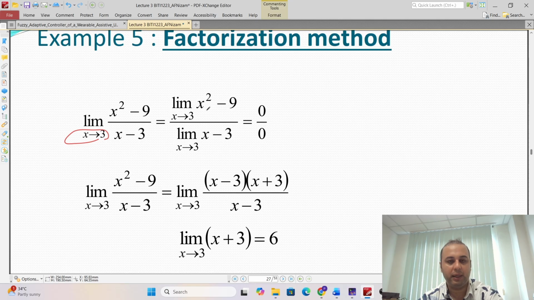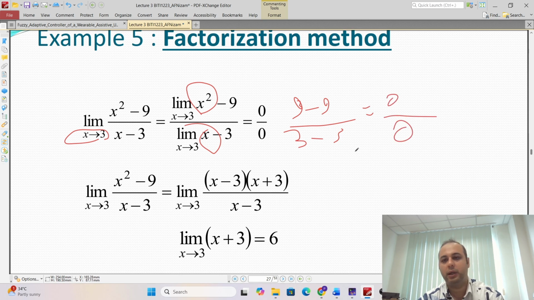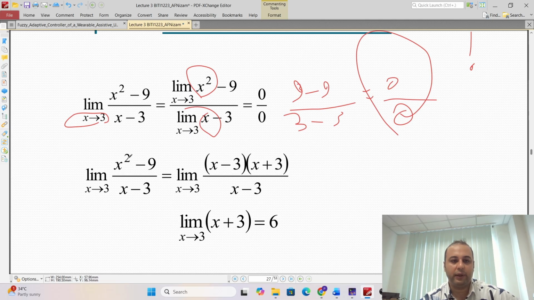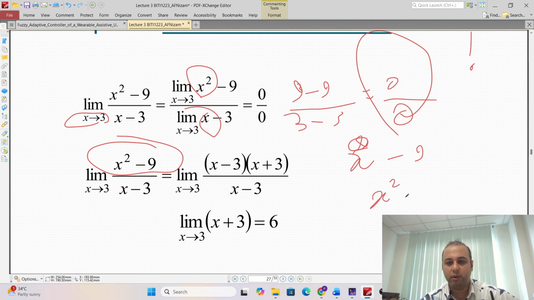So if I simply substitute 3 here, it will be 9 minus 9 over 3 minus 3, so 0 over 0. Okay, so from this I understand this is a special case. So what should I do? I have to simplify. I have to factor x squared minus 9. If you have x squared minus 3 squared,